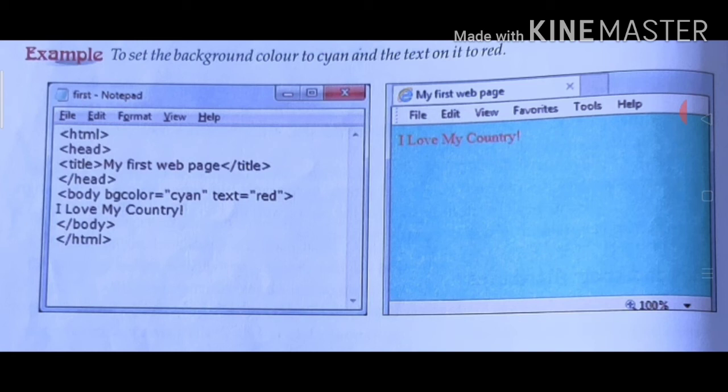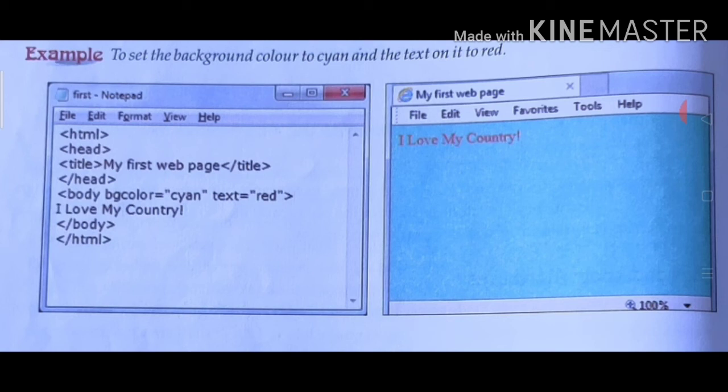After that you use the beginning tag of the title, and here you write what you need as the title. Here we need the title My First Web Page, and after that the ending tag must be used. Then you also close with the ending tag for the head.